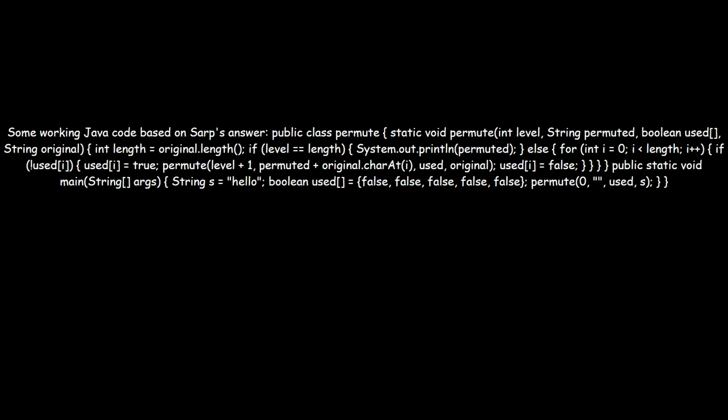if (!used[i]) { used[i] = true; permute(level + 1, permuted + original.charAt(i), used, original); used[i] = false; } } } } public static void main(String[] args) { String s = "hello"; boolean[] used = {false, false, false, false, false}; permute(0, "", used, s); } }